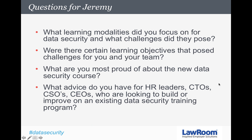But for this course, we focused on two of them primarily, and that is visual and kinesthetic preferences. So, for the visual preference, we used infographics as a way to simplify the communication itself, and also to help increase, I think, the ability to explain some complex ideas. An example of that is we have an infographic in the course that's called Anatomy of an